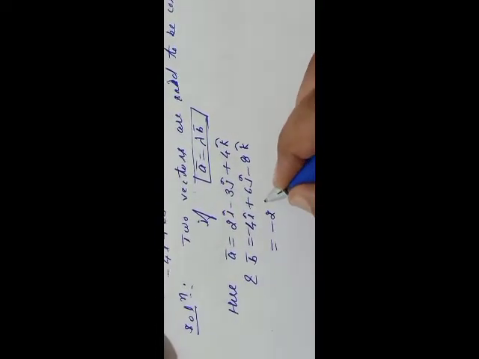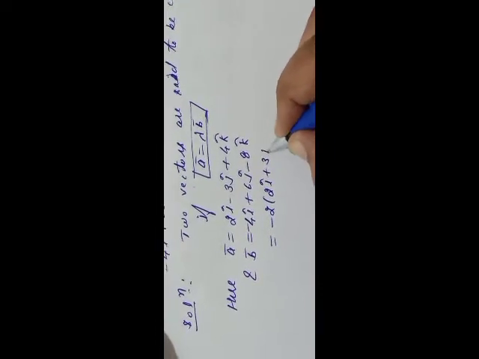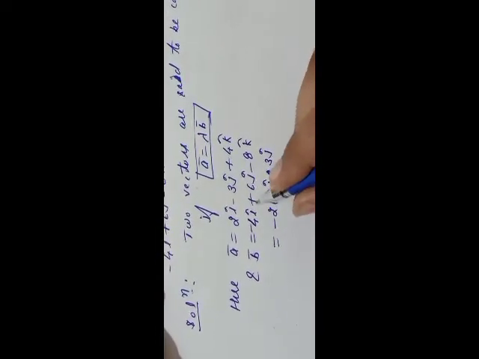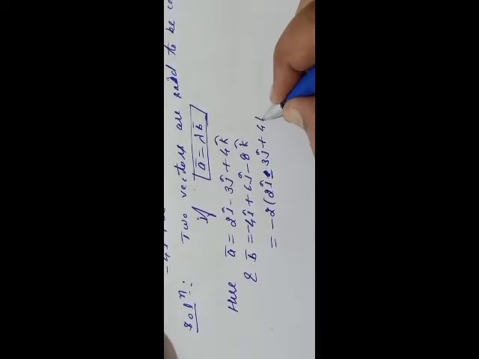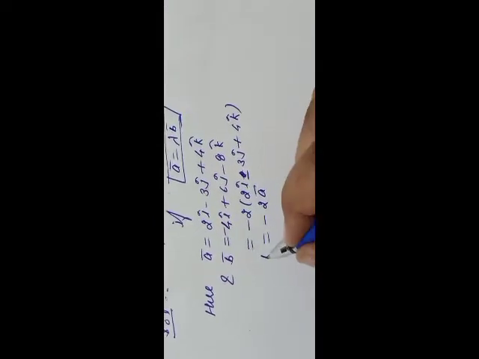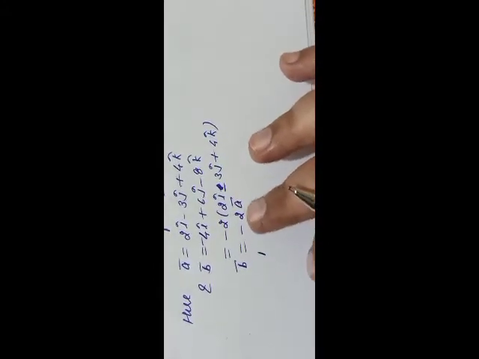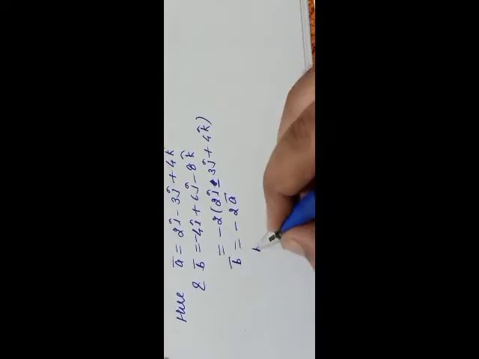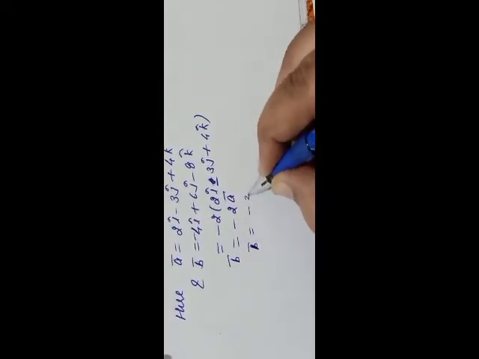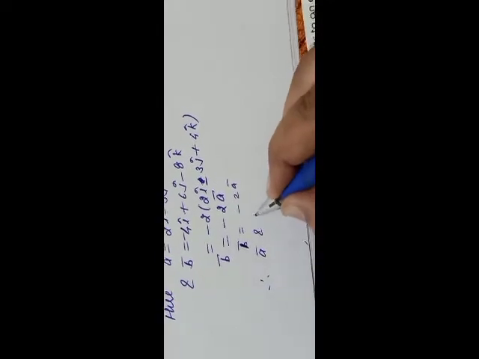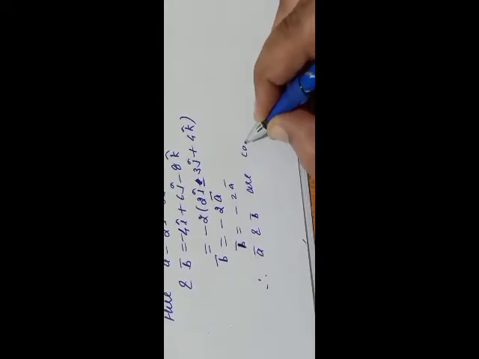क्या हम एक वेक्टर को दूसरे के टर्म्स में रिप्रेजेंट कर सकते हैं? We can take minus 2 common. So 2i minus 3j plus 4k, because we have taken minus common. So this is minus 2A, because the value of A is 2i minus 3j plus 4k. So vector B is minus 2A. B is lambda times A or A is lambda times B, that is collinear. So B is minus 2A. Therefore, vectors A and B are collinear.